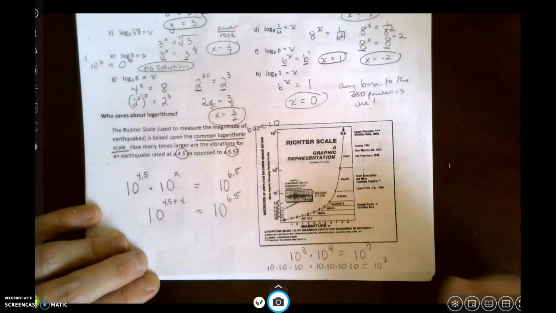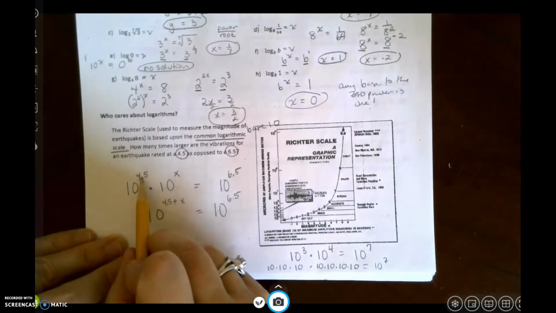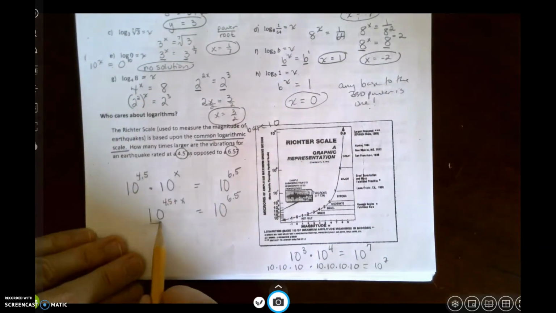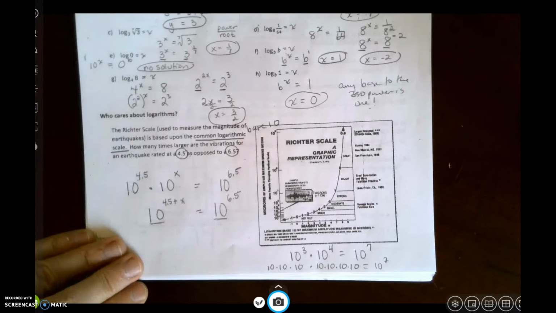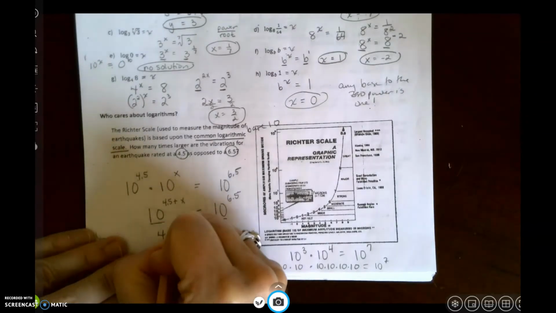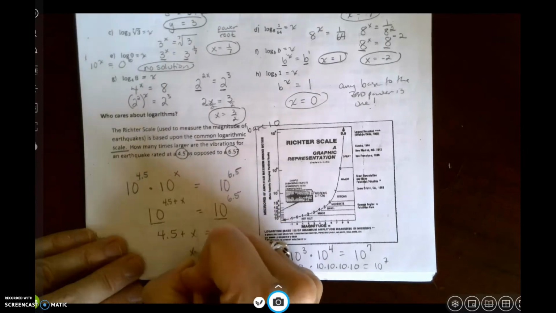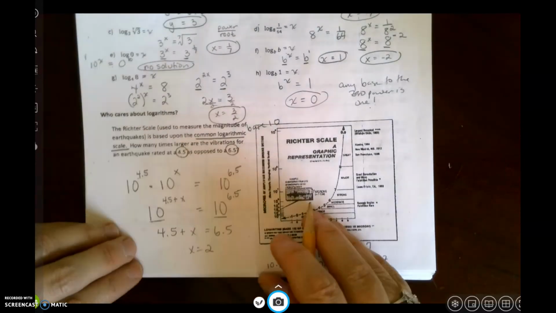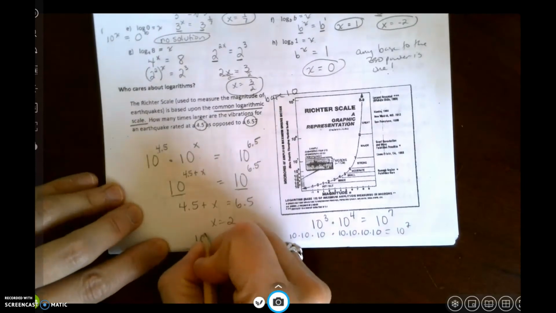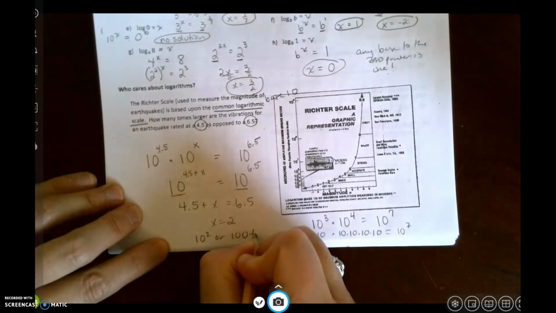Okay? So that's why I added these exponents. Well, notice these have the same base. So 4.5 plus x equals 6.5. So x is 2. Therefore, it's 10 squared, or 100 times